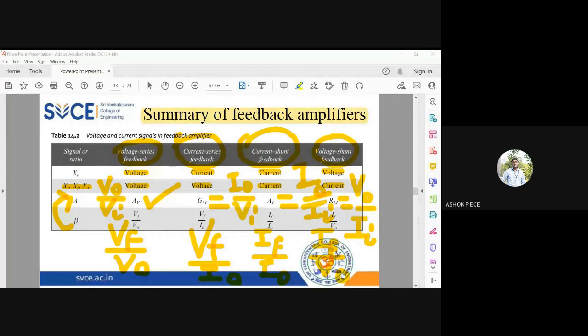Anybody is having doubts in this table? No doubts. See, everything depends on what is the A which you are finding. So depending on A only, your beta value is going to